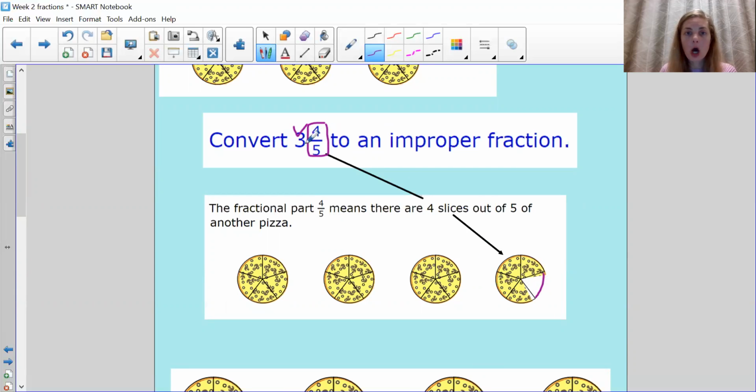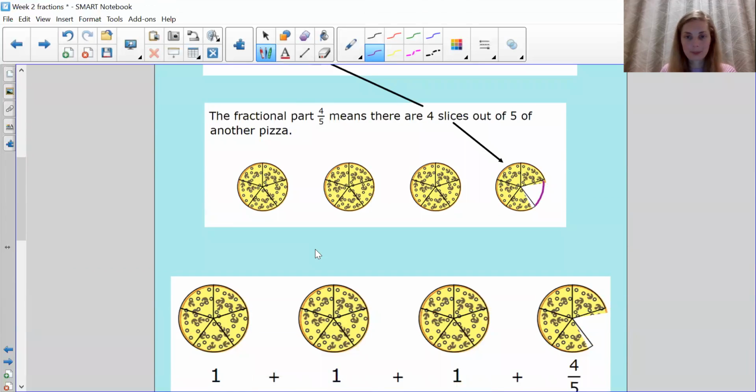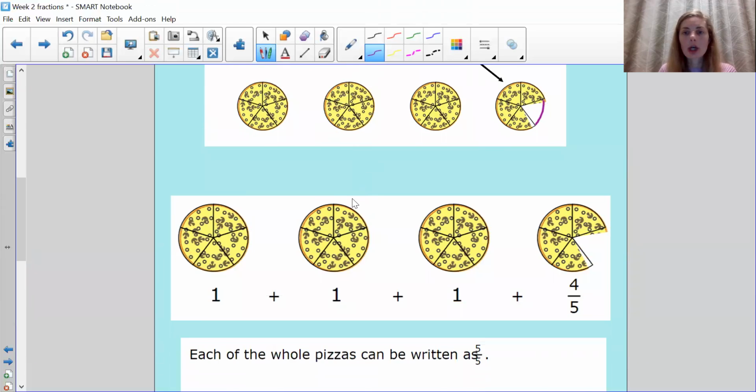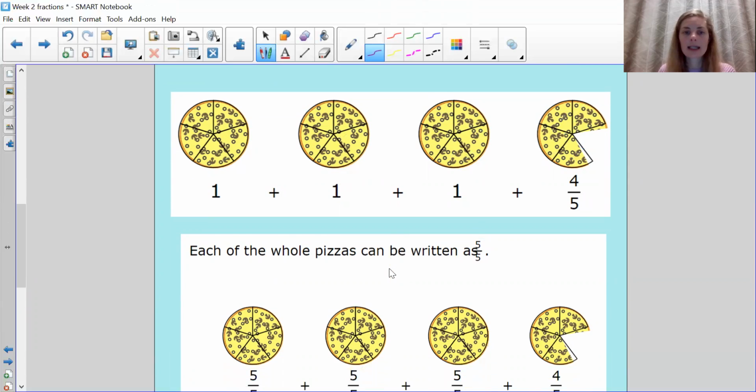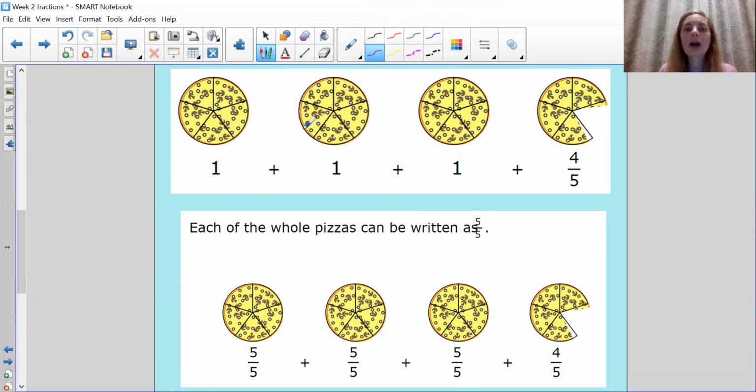Okay, so this bottom number here always tells me how many times I've divided the shape, in this case, the pizza. So if I have a look, I now want to say, if I break it up, I have 1 pizza plus 1 pizza plus 1 pizza plus 4/5 of a pizza, okay? And so I know that any whole number, all right, can be written as a fraction as well. And it just looks exactly the same. So if I'm working in fifths, I'm going to say that it's 5/5. Because if I had to eat 5/5 of this pizza, if I had to eat 5 slices,